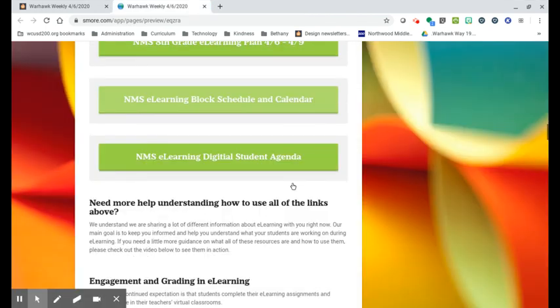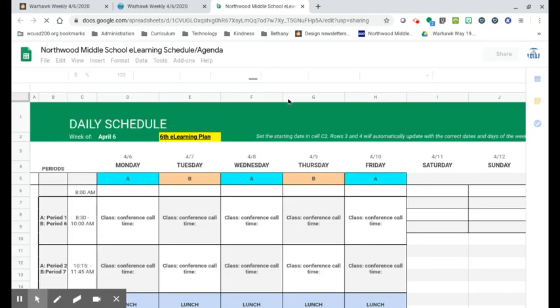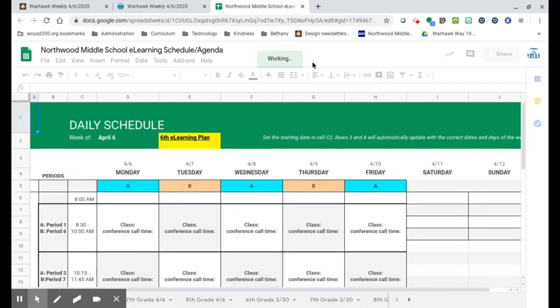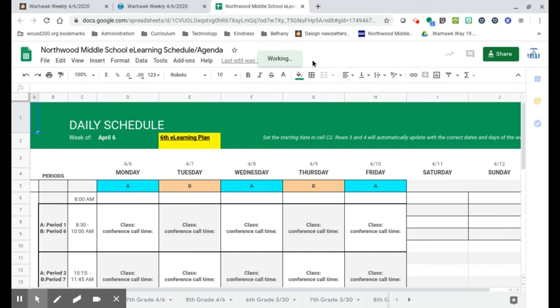The last link that we have here in our Warhawk Weekly for you is a link to a digital student agenda. So when we're in the building, our students use a paper agenda, and they still certainly can do that if that helps them stay organized. But if you have a couple middle school students or you just want to help your students stay organized, we have a link here to a digital agenda that they could use.